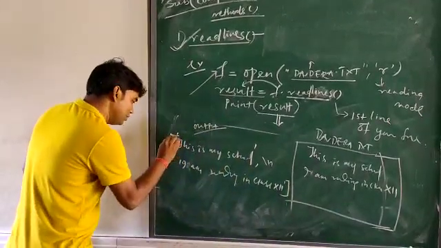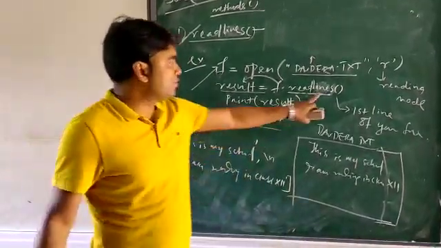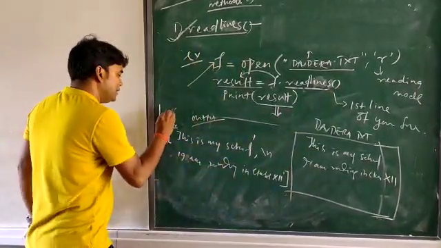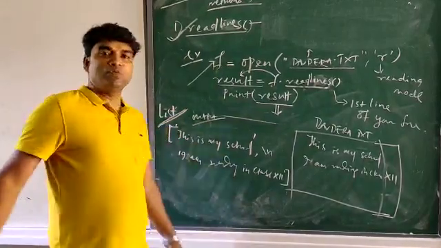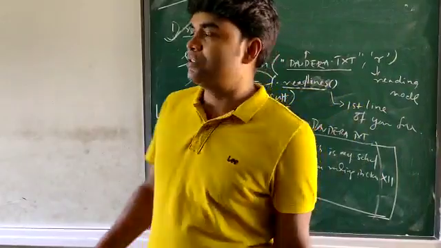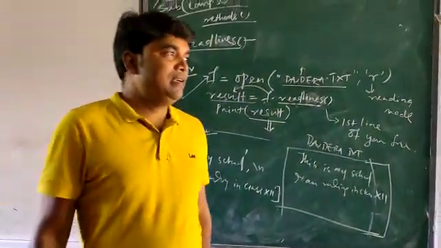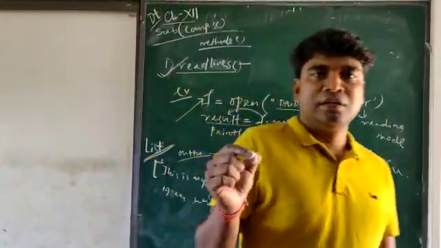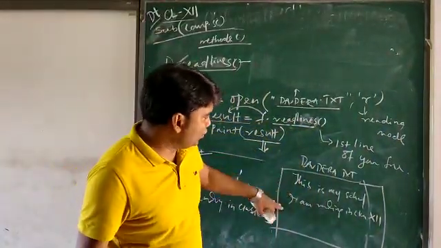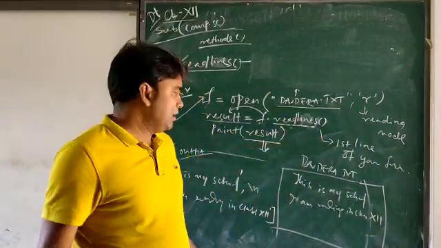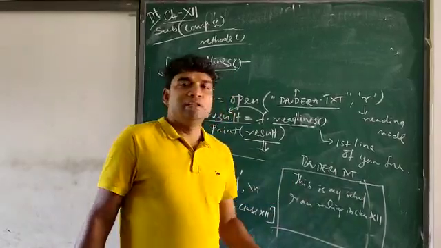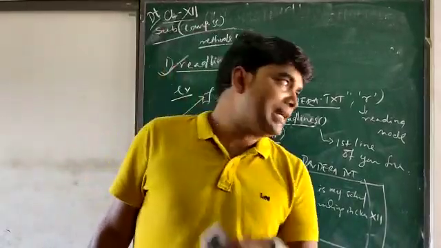So look at this code. The output is this. Once you run the readlines function, it is going to display the output in the list format. Students, you know that in class 11 we covered what a list is. A list is a collection of elements, and each element must be enclosed in single quotes, separated by commas. As you have two lines and it is reading line-wise, it will display the two elements in list format.